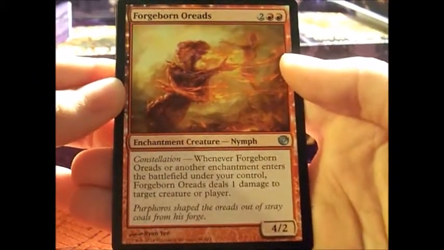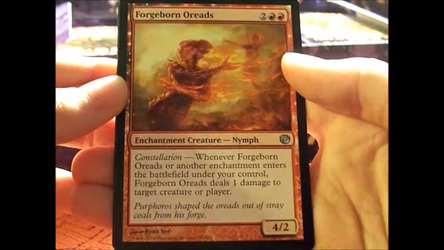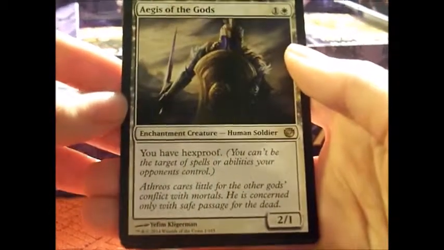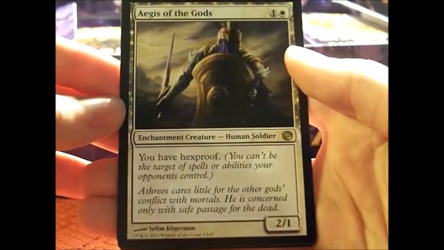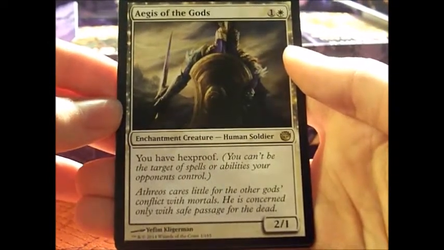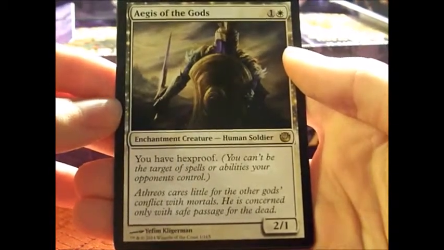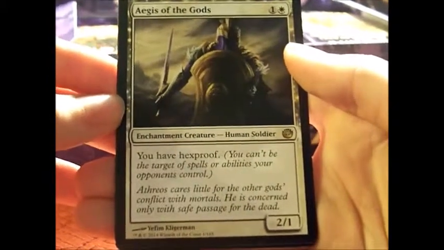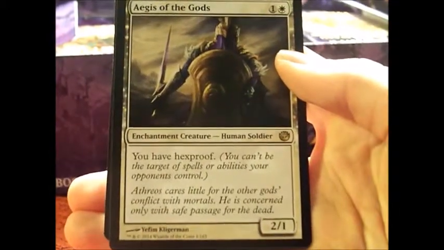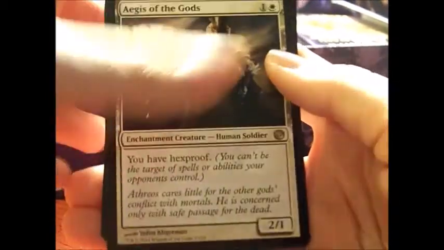Forgeborn Oreads. Constellation. Whenever Forgeborn Oreads or another enchantment enters the battlefield under your control, it deals 1 damage to target creature or player. And it's a 4/2 enchantment creature. Oh, Aegis of the Gods. You have hexproof. You can't be the target of spells or abilities your opponents control. That is a card I was actually really wanting. I hope I get more than one of these because that would be really great. I love that against lightning bolts or lightning strikes or searing spears, any of those cards. You know, I'm actually not sure if any of those cards are in Journey into Nyx, but I play with people that do a lot of mixed set decks, so